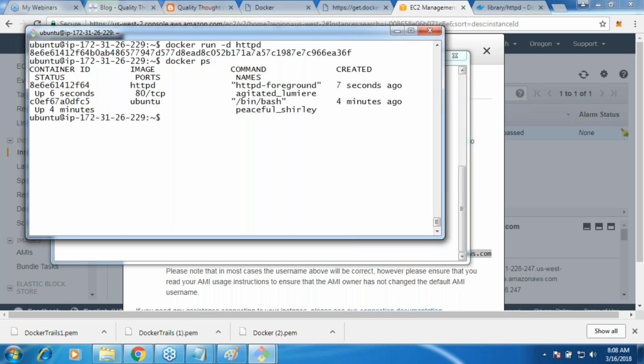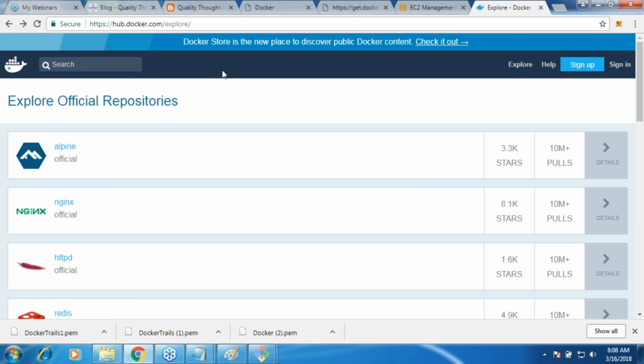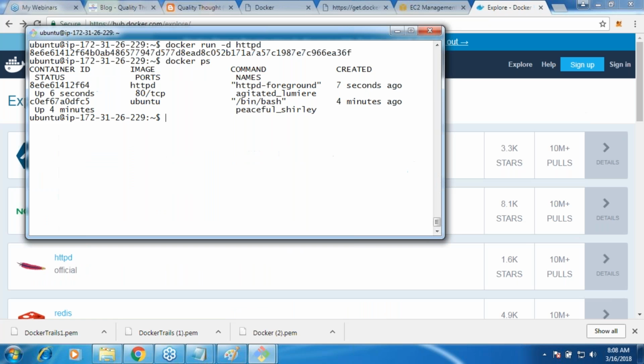Okay, so let me take one container over here. That is the name of it. But what is happening? Foreground